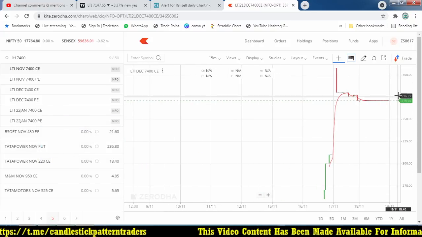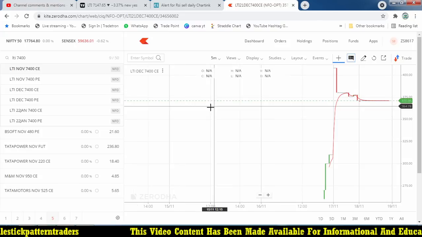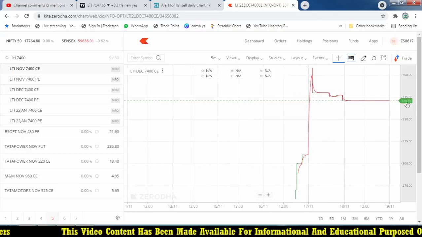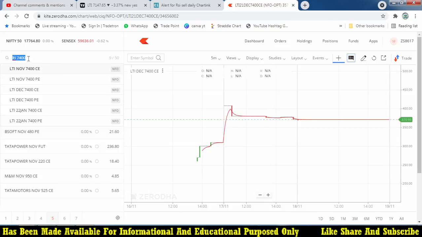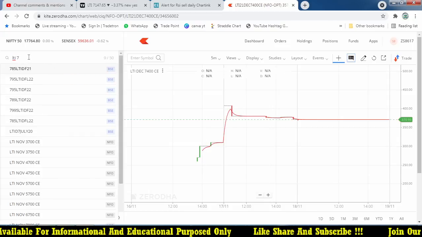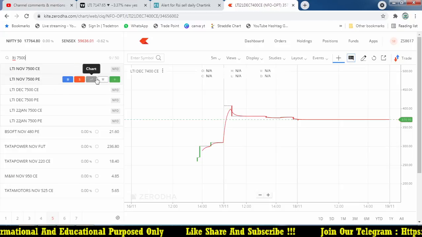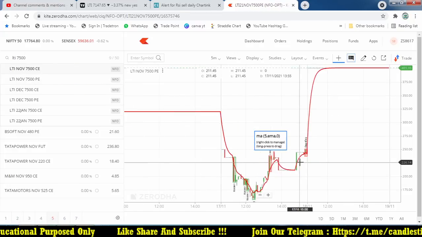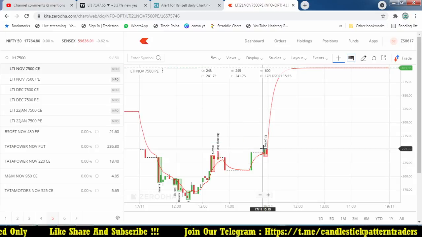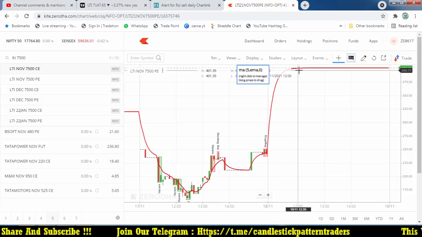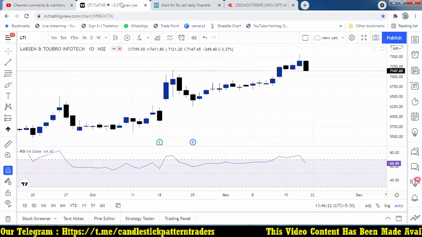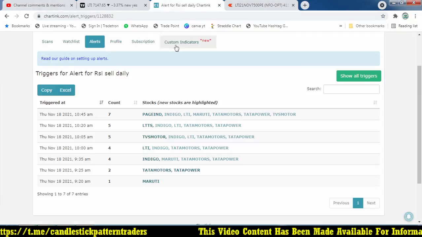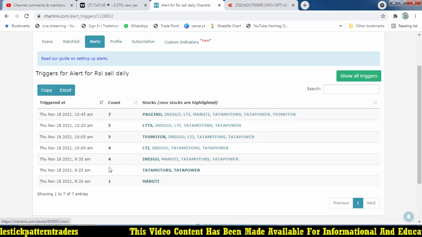put option you can take, but this entry was happening where it is not traded very well in 15 minutes, so it may be an illiquid stock. Can you see that it is not traded very well? So let's say the 7500 put option, because a round number always has good volume, instead of the middle number. So this is also not trading very well. From the opening itself it is at the same level of 396, so not good. If it doesn't have good volume, you can avoid it.